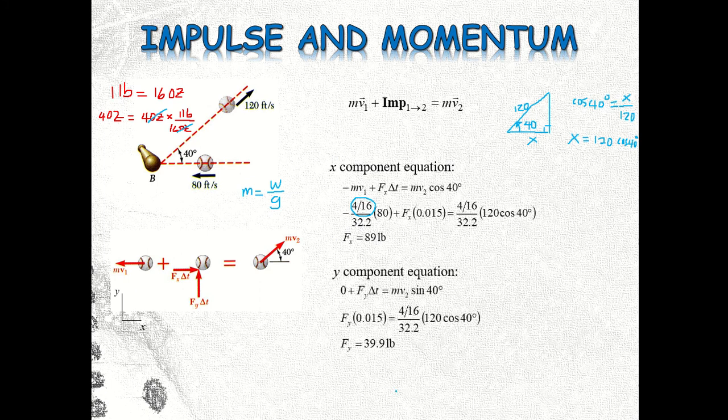Now considering the y component equation, we have 0 plus f sub y delta t equal to m v sub 2 sine 40. If you consider the vertical component of this, this time we have to use sine. Now we have to use sine of the same angle, 40 degrees, this angle here, equal to